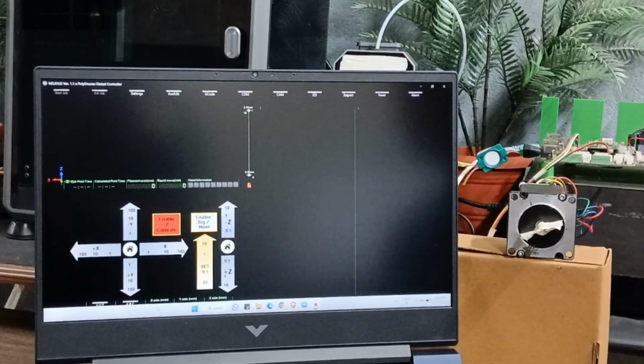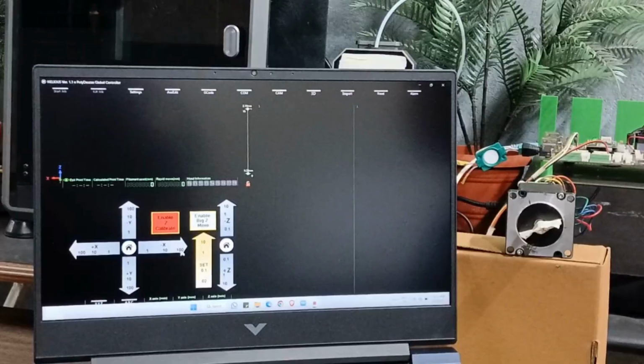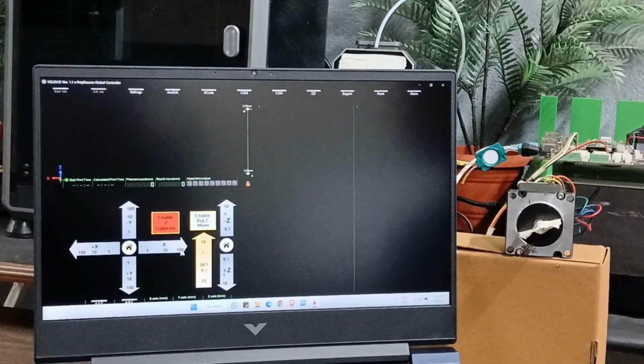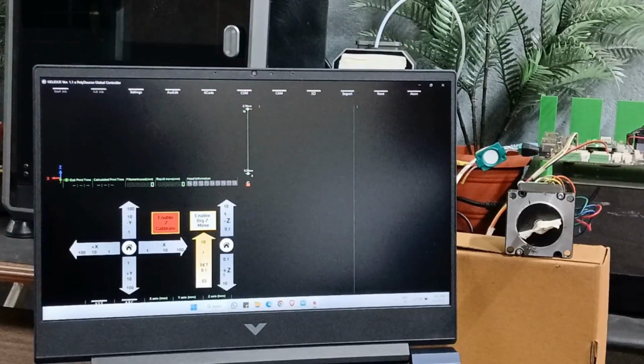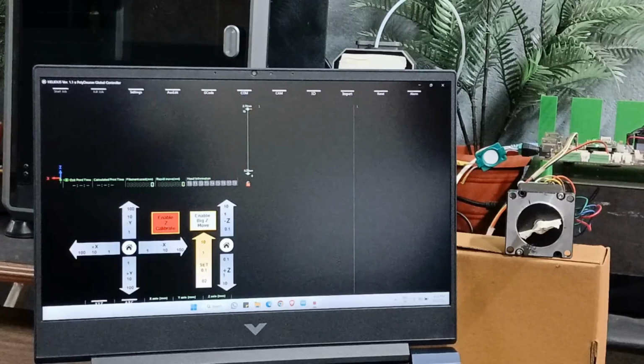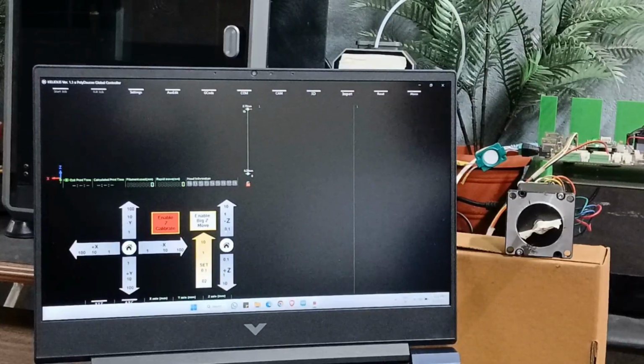So each arrow has a number, that is 1, 10 and 100. These represent the step size in millimeters. So if you select 100, the machine moves by 100 millimeters in this direction. If you select 0.1, that is in the case of Z calibration, then the machine will move only 0.1 millimeter.